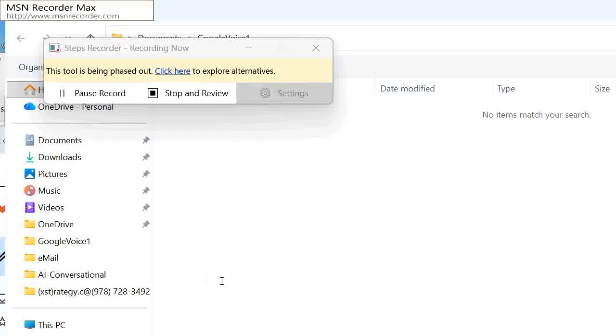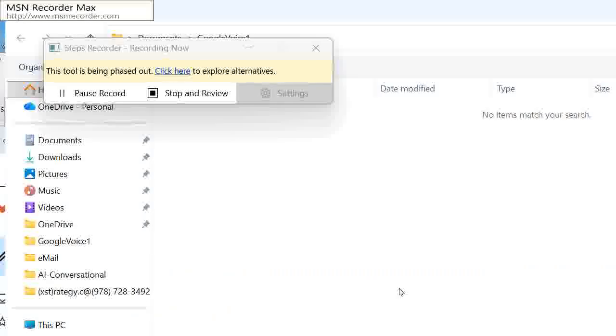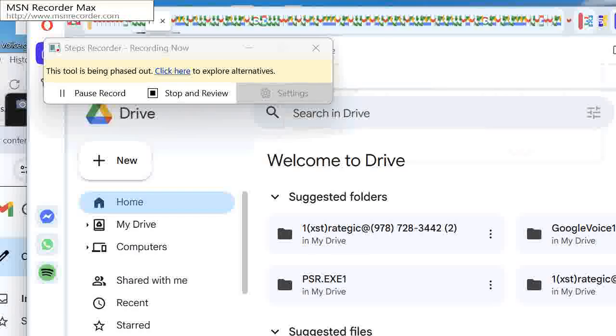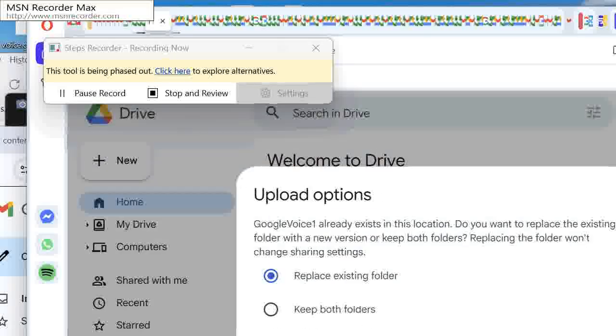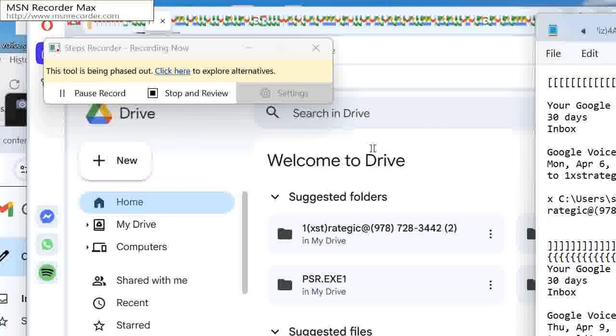Control V. Then I need to remove the irrelevant subfolder address and update the current file name by the current time, which is 5:52 p.m. And this will be version C of today's